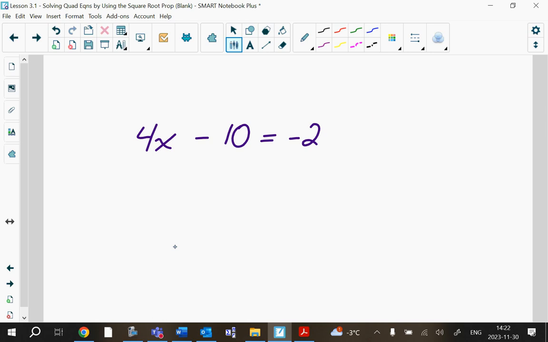Add 10 to both sides. So we want to get x by itself. So we add 10 to both sides. And that gives us 4x equals 8. And then divide both sides by 4. So x is equal to 2. Okay? This is what we call a linear equation. We are now going to work on ones